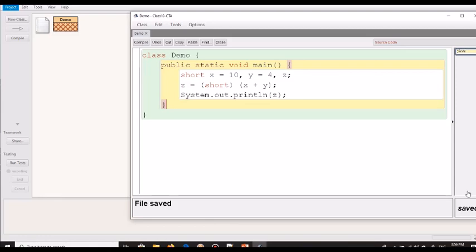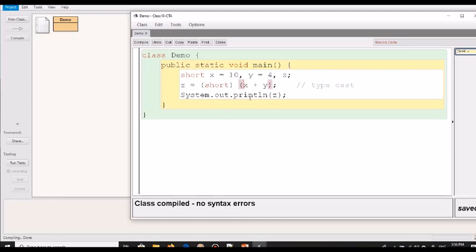Now see what is happening here. X plus y actually gives an int, and I have typecasted it to a short. So what I did right now is something called a typecast. I have typecasted the result of x plus y into a short. And how we write this typecasting is by putting it into brackets outside the expression. Alright, and it is equal to z. Fine. No worries here. I have compiled it, there is no error in this program.